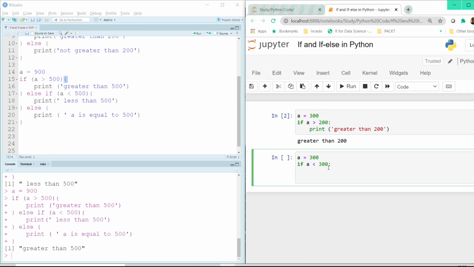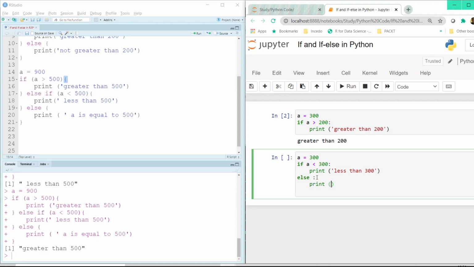So this is how Python understands that if this particular condition is met, then whatever is mentioned in the indentation has to be executed. So if I print less than 300 here, and then I also want another else condition here. So I would now click on the enter button, and by default it asks me to continue with the indentation. But what if I want to come out of the indentation and put another condition? So what I can do is click on the backspace and then say here else